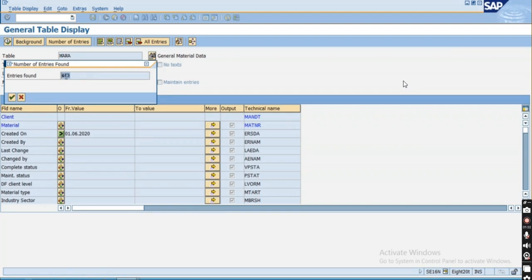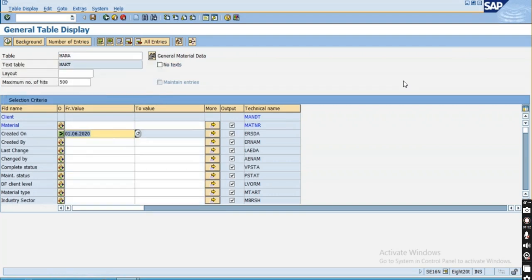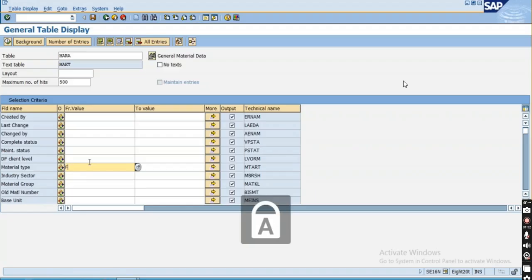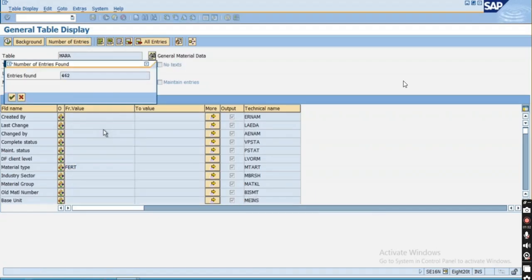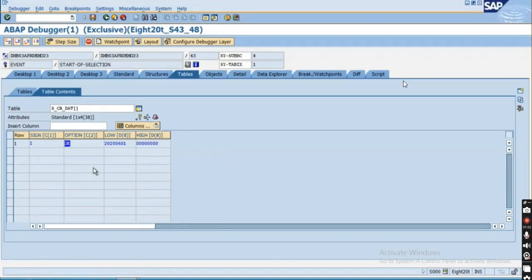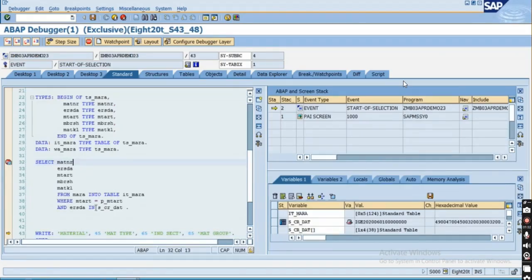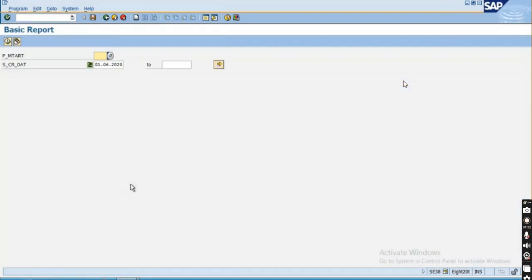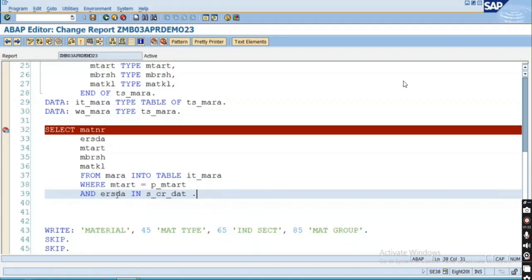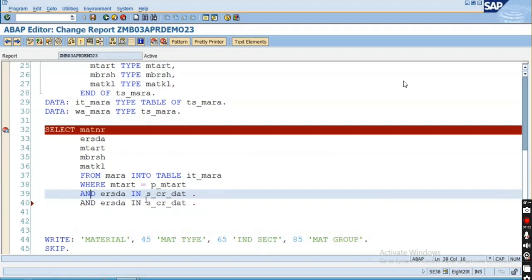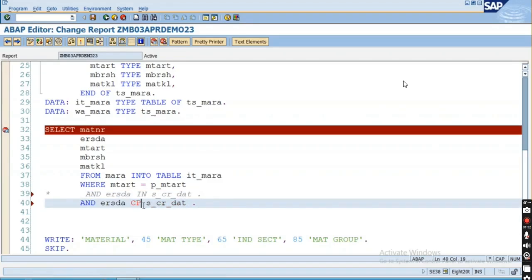It is showing 463 records. So this is my expectation from my program also, and there I'm passing the material type FEIT. Click on number of entries here. On both conditions we have to get 462, but we are not getting it. You can see that IT_MARA is 0. So now, to see why it's not working, I will show you. If we use the CP over here,